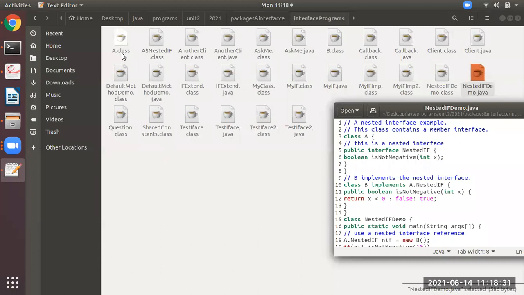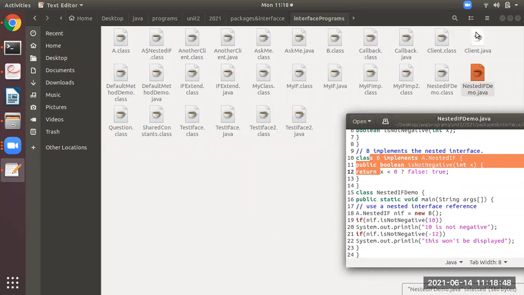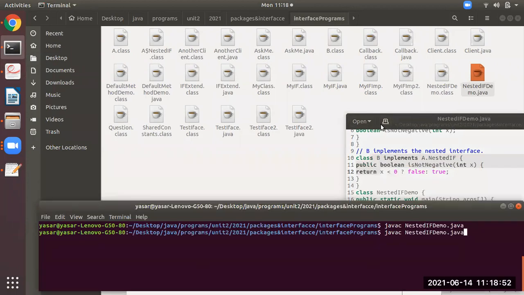You can see A dot class here. Similarly, B dot class is also available, and this is NestedIfDemo. You can see they are generated. You have to try to remember, students. This is very important.